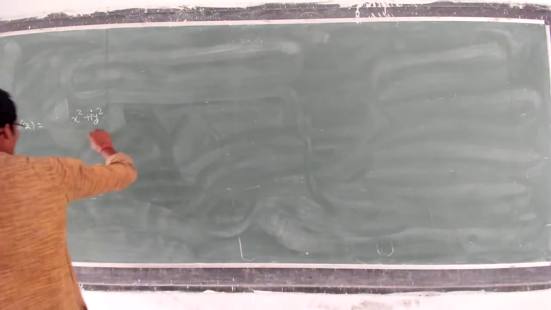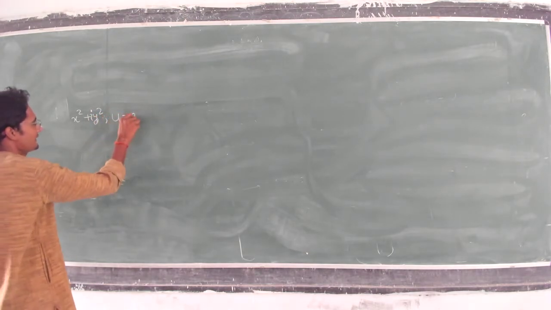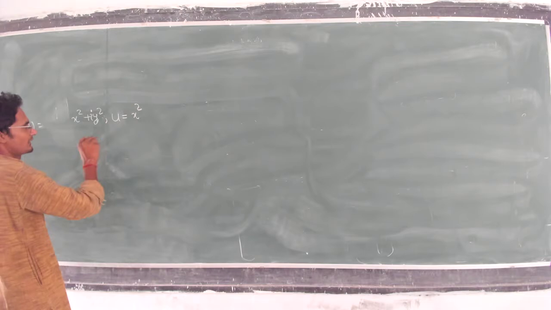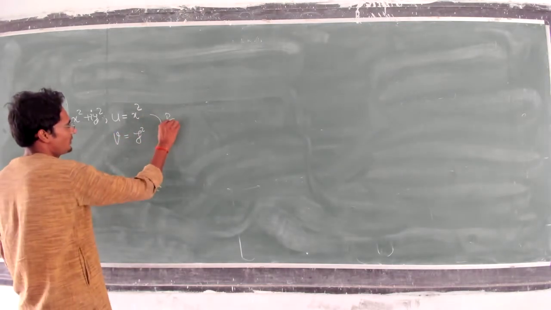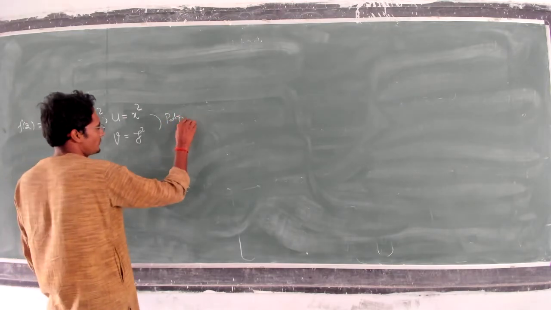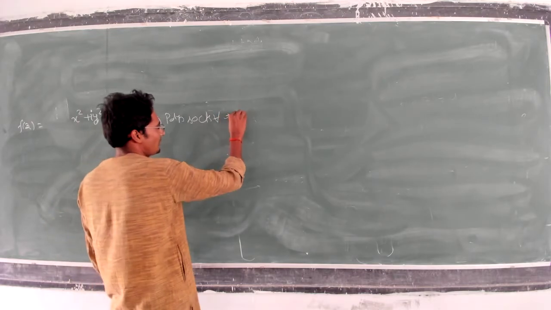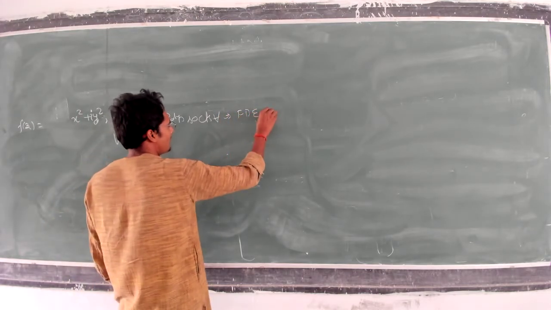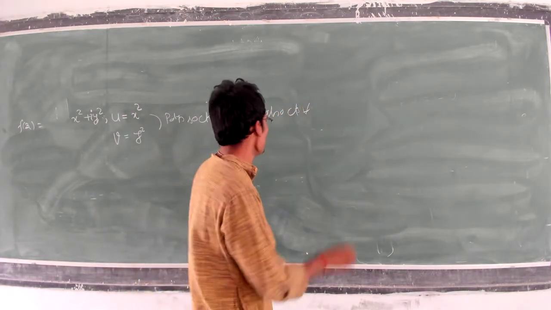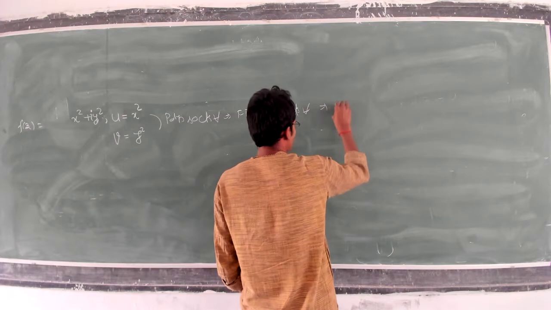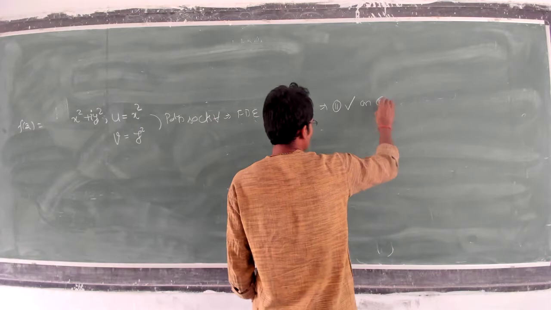Everyone. So what are the points that you got? X equal to y and U is equal to x square and v is equal to y square. Again polynomials. So continuous everywhere implies that first order partial derivative also continuous everywhere. This implies that the second condition satisfies everywhere on C.